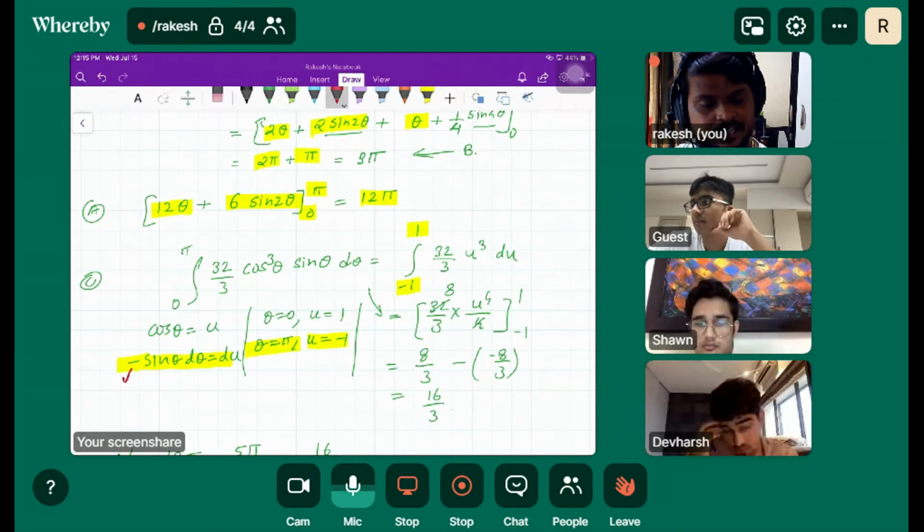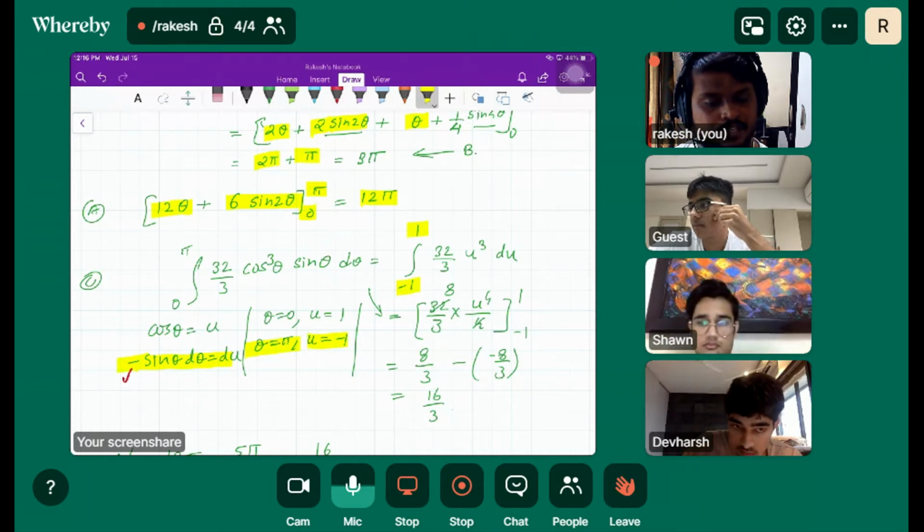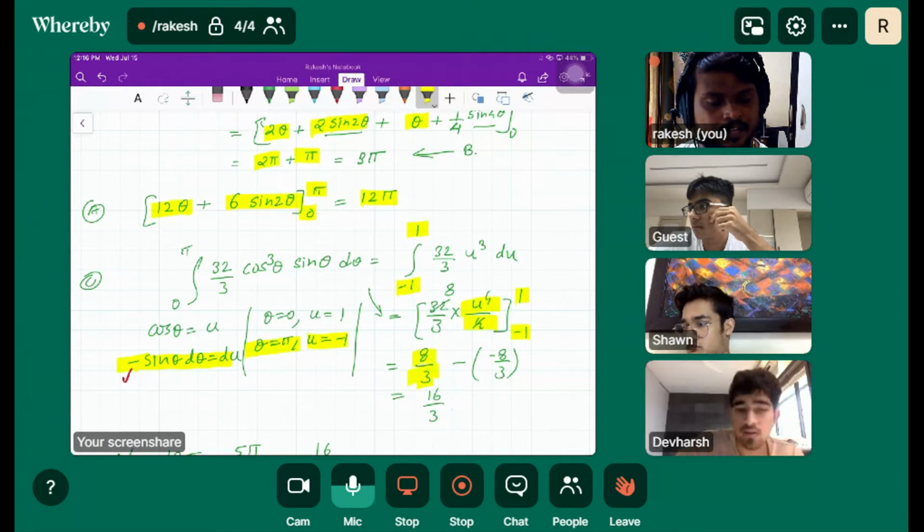So sin theta d theta is du, 32 by 3 u cube. Yeah, that's right. So 32 by 3 into u raised to 4 by 4, which is the integration of that. Apply the limit 1 and minus 1. 4 8s are 32 by 3. When we plug 1,